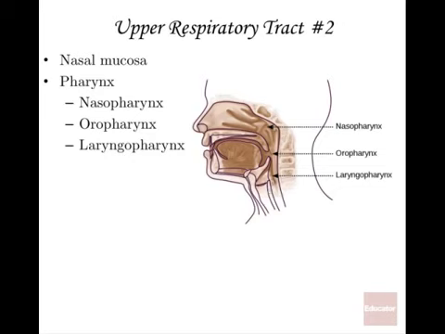You also can breathe through the mouth. Really, your nose is meant for that. If you've done a lot of mouth breathing, you've probably noticed that it tends to dry out the mouth over time. And you're also not going to get that really good humidifying of the air that you get with breathing in through the nasal region. So that's the oropharynx. And finally, the most inferior part, the laryngopharynx, because the larynx is right there.